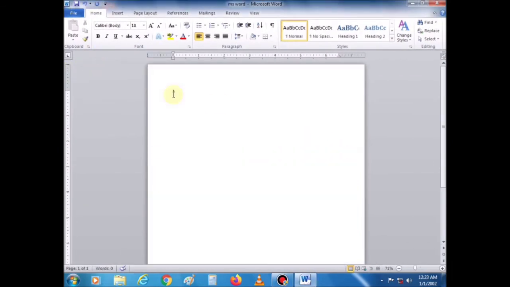Now if you want to type text in Microsoft Word, a blinking vertical bar called the cursor, or we can say insertion point, is located at the top left corner of the document. It tells the position where the text will appear when you type.